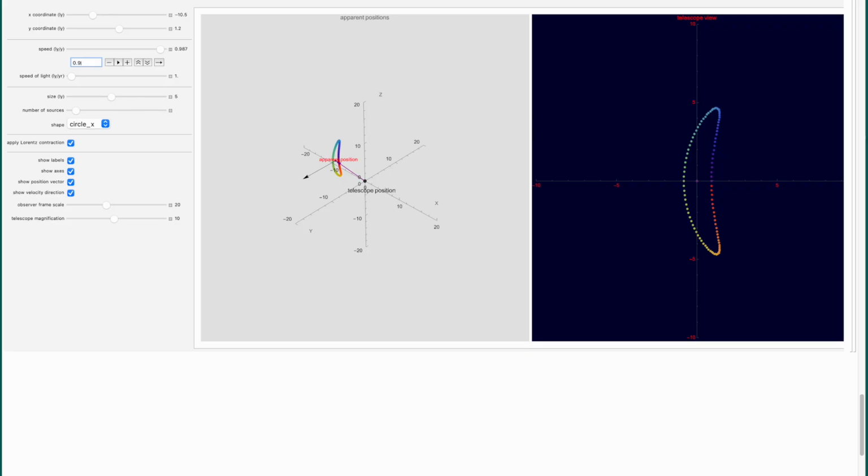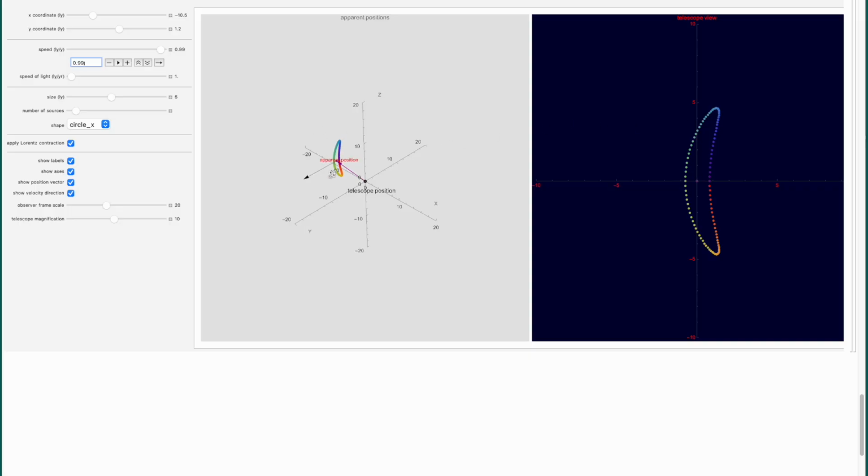So 1% less than the speed of light. Here we are. And you can see that our circle has deformed quite dramatically. Now in the telescope display, what you would see in the telescope is something that has sort of a boomerang shape or a sickle shape. This is something that Roger Penrose predicted in his 1958 paper, actually.